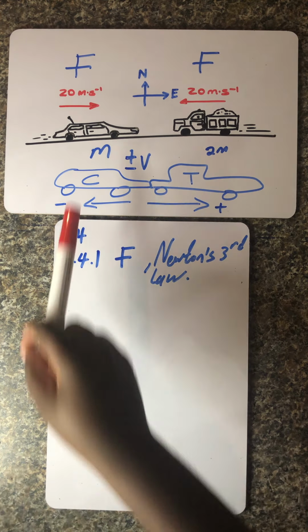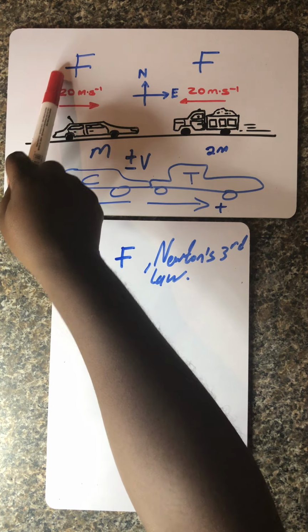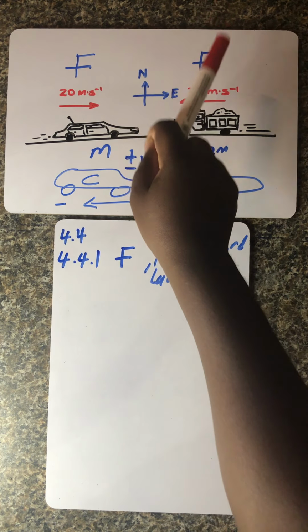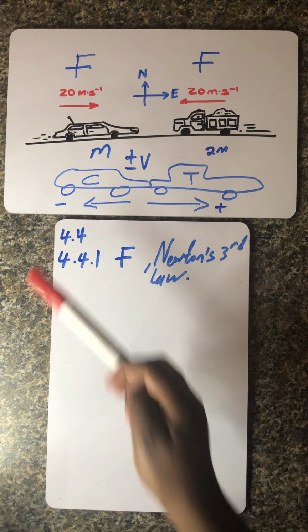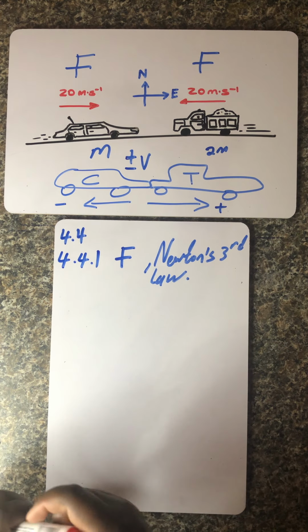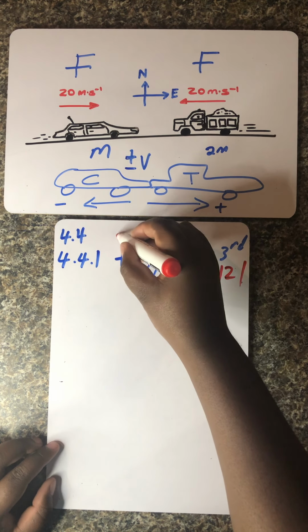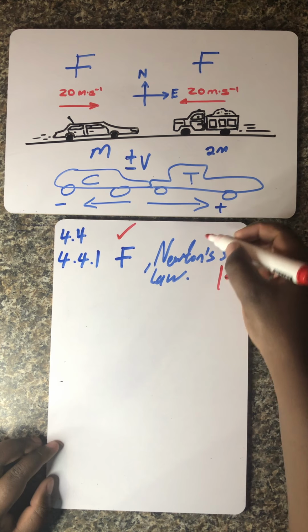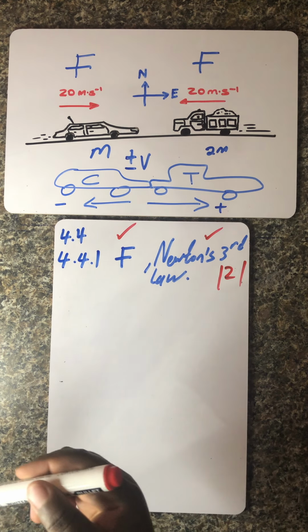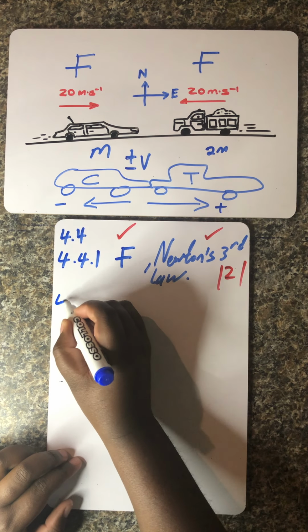If that car was exerting a force of magnitude 2F on the track, that means even the truck is applying the same amount of force on the car. Very, very important, ladies and gentlemen. This question is allocated 2 marks. You get a mark for indicating the amount of force and again for the reason. Let's now move to question